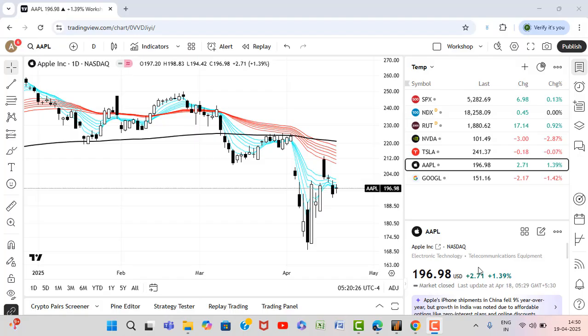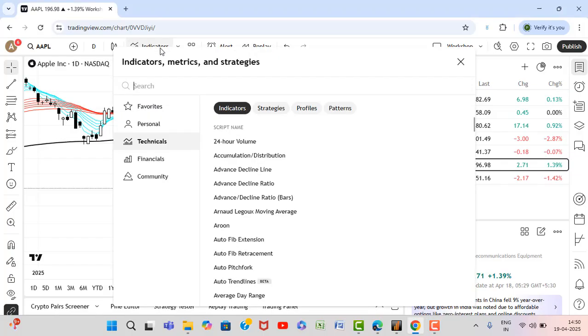We had plotted a 200 moving average on the chart, 200 tick, not week, 200 tick moving average, and we had also plotted a Guppy multiple moving average indicator. Now we need to plot two, three more indicators. The maximum in this basic plan, the essential plan as TradingView calls it, is five indicators. So the next indicator that we will plot is called a